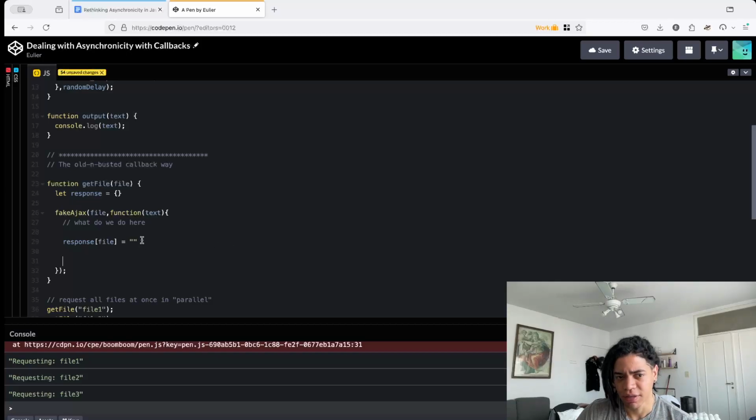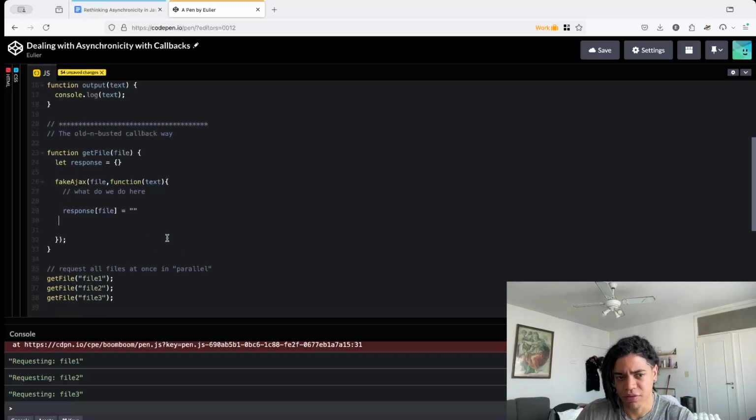At any random time. We don't know when this will be called. We don't know when this will be executed, because we don't have that tied to that. So now that we got the file, this is something that we need, as a way to keep track of that, right? If I know what the file is, if I know my inputs here,